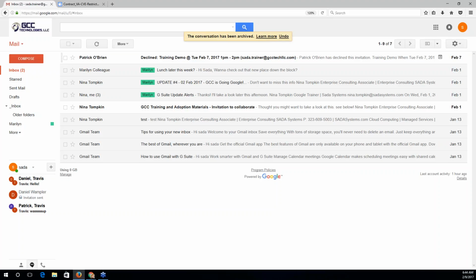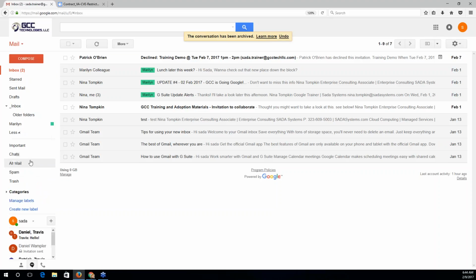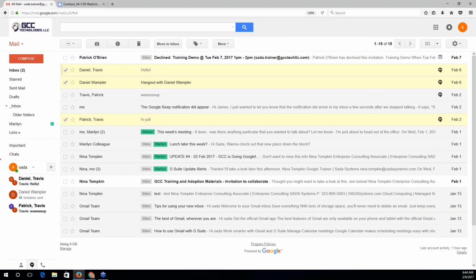And don't worry if you decide to get in the habit of archiving and then you end up with tons and tons of historical data, because G Suite actually comes with unlimited space. So we've seen it hold years and years and terabytes of data.